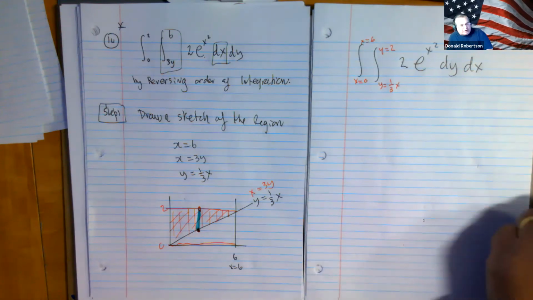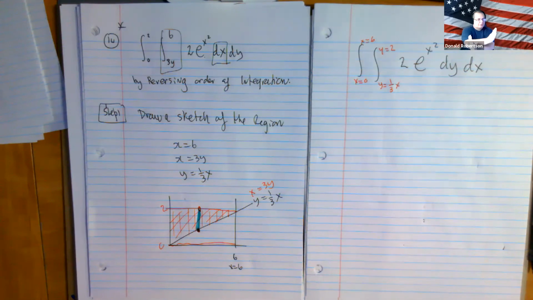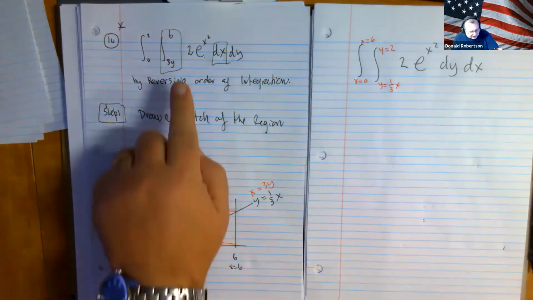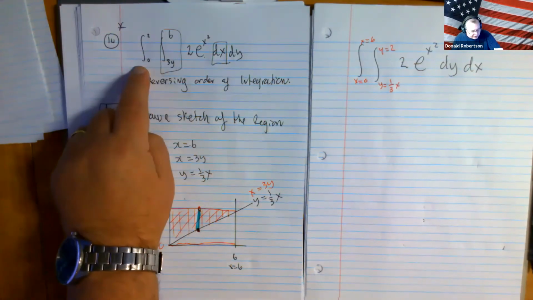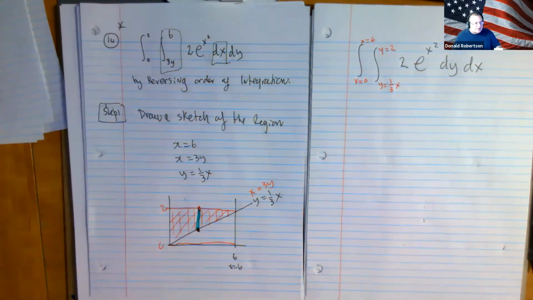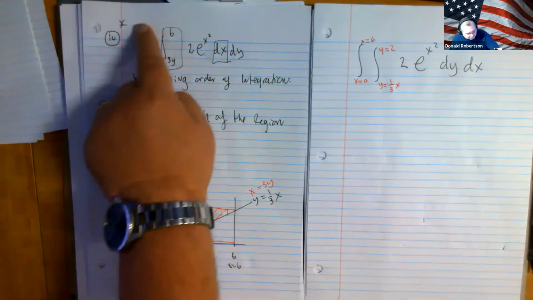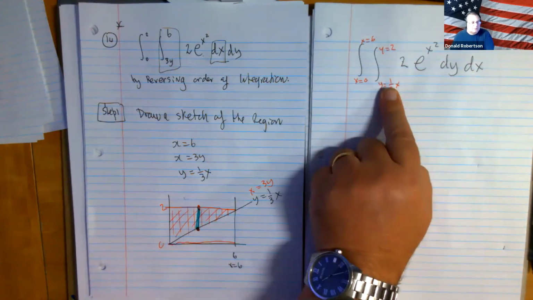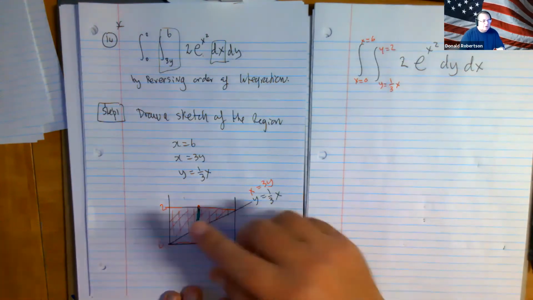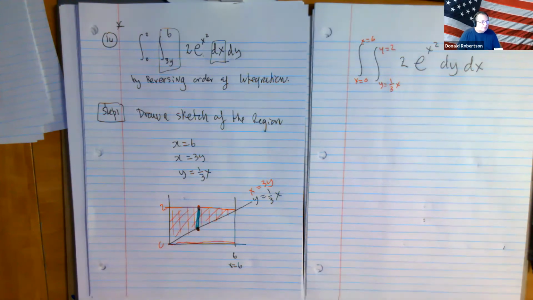It's much easier to do when it's a rectangle, because when it's a rectangle, don't you just switch the numbers and you're good? But can you see, you can't just switch these two integrals around, because if you did that, wouldn't you have a 3y and a 6 on the outside, and that's never going to be good. You're never going to get a number out of it. So it's a little bit more complicated. You take that region, you figure out what it looks like, and then you reconfigure it in terms of doing the x's before the y's or the y's before the x's,